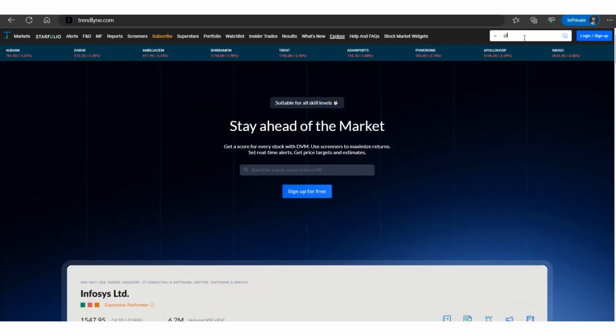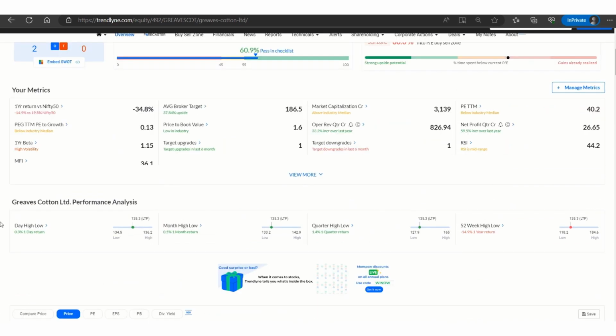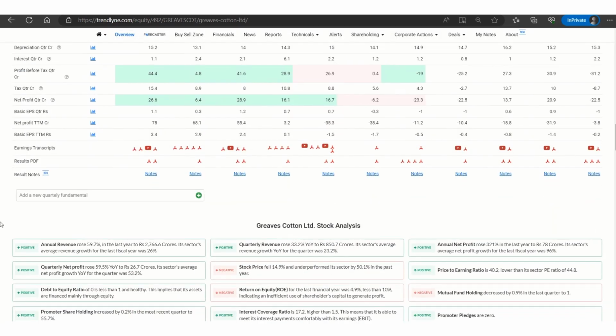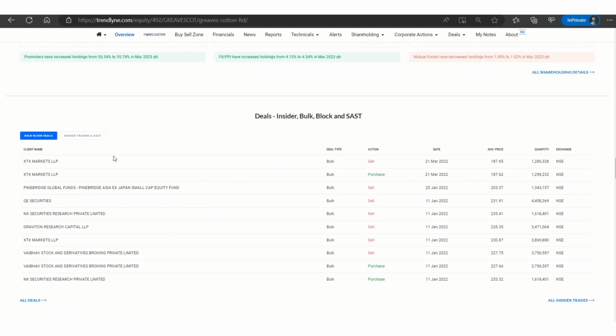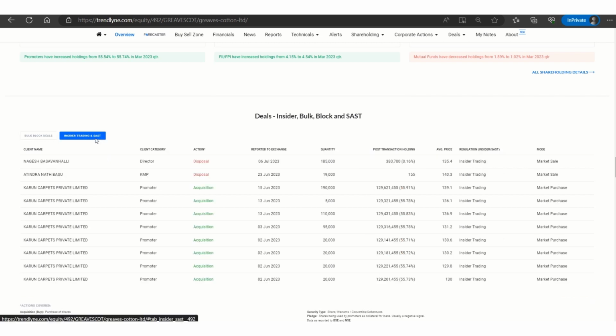Now let's go to Garware Technical, basically called Garware Technical Fibres. The share name is Garware. And scroll down, you don't really have to look at all the numbers and get confused, but feel free to explore it. So if I go to these deals: insider, bulk, block, and SAST. SAST is basically your deals from takeovers and whatnot. So you can see the first column here is bulk and block deals, and you can see the last block deal happened in 2022. So we can just ignore this. We want a recent quarter deal, something recent.